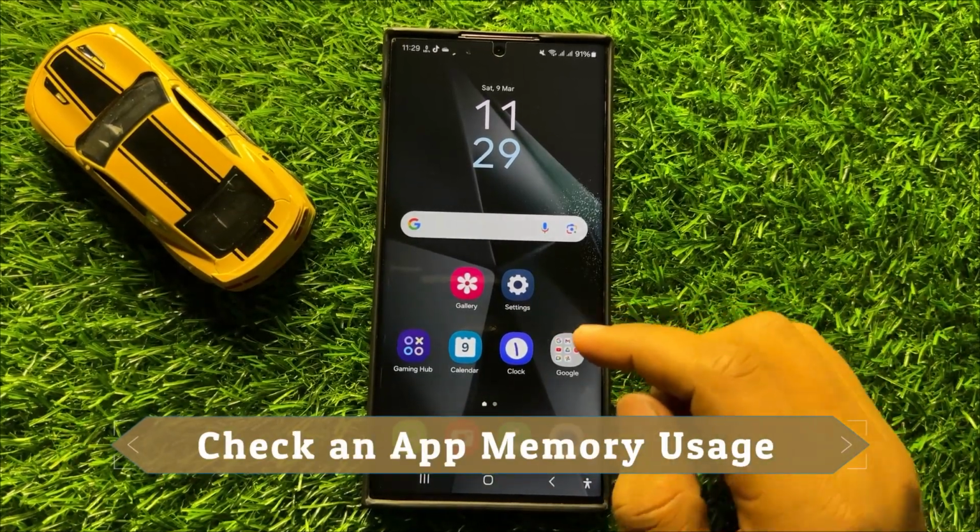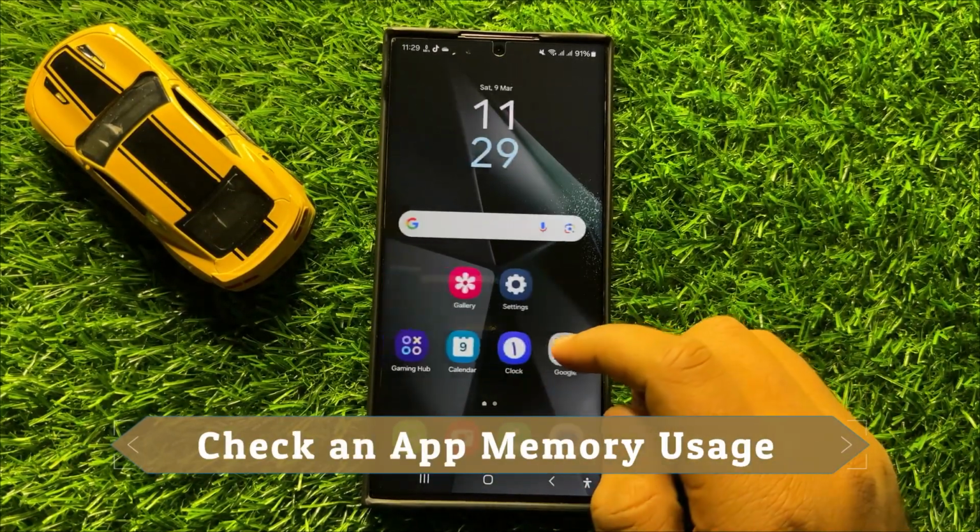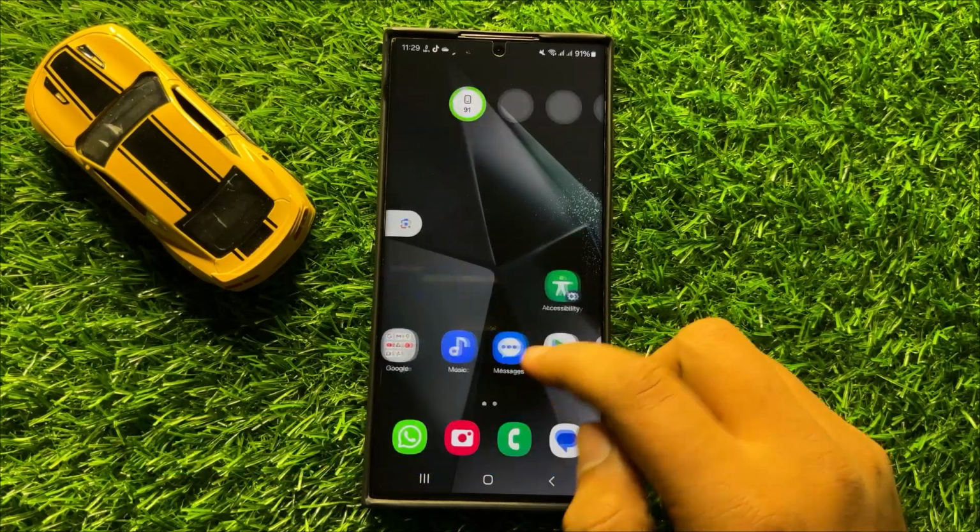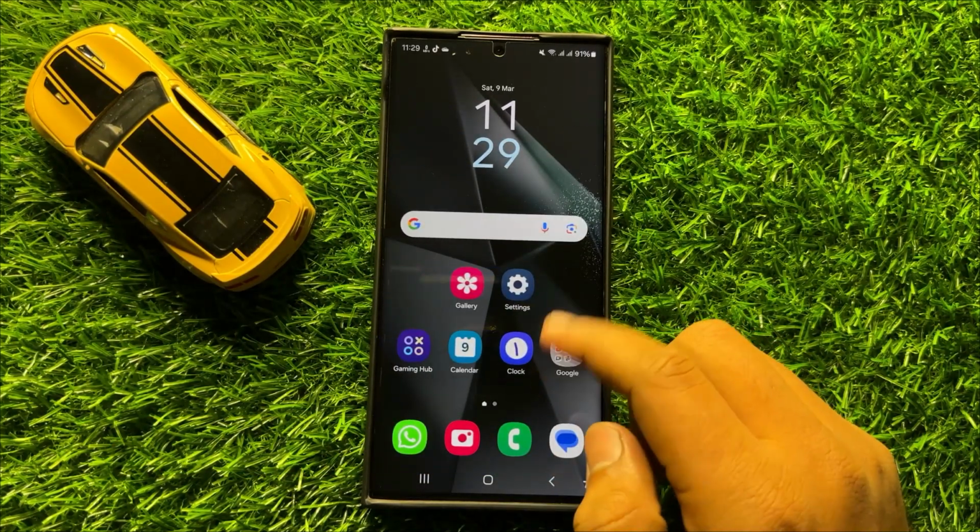Hello everyone, in this video I will show you how to check an app memory usage in Samsung Galaxy S24